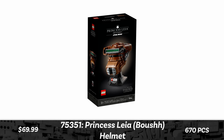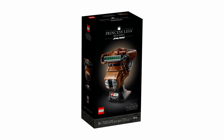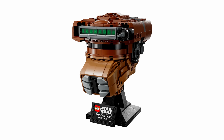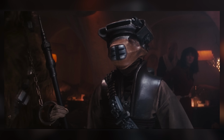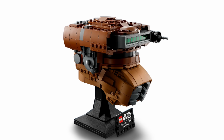At number 13, we have the Princess Leia Boushh helmet from Return of the Jedi. I quite liked the look of this thing, although I thought the green stripe on top of the helmet was a bit too bright looking compared to what I could see in the movie. But overall, I think this was a very accurate depiction of the Princess Leia Boushh helmet,